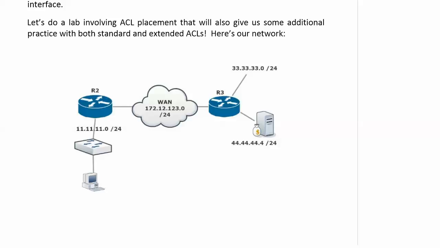So what we're going to do is start filtering that host device's access to that e-commerce server, because that's certainly a real-world situation. We don't just want anybody going up to our e-commerce servers. We're going to start with a standard ACL, and we'll talk about placement, then we'll work with an extended ACL on it. I'll even throw a named one in there. We're going to use all the ACL types really that we've talked about so